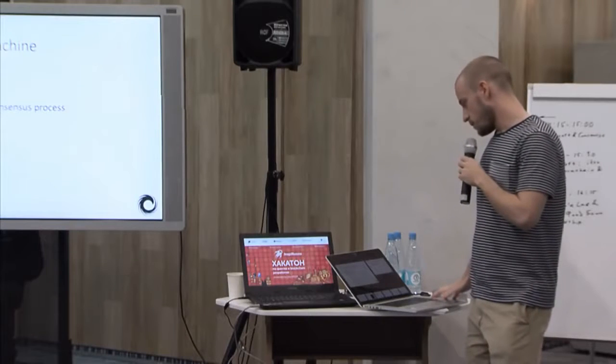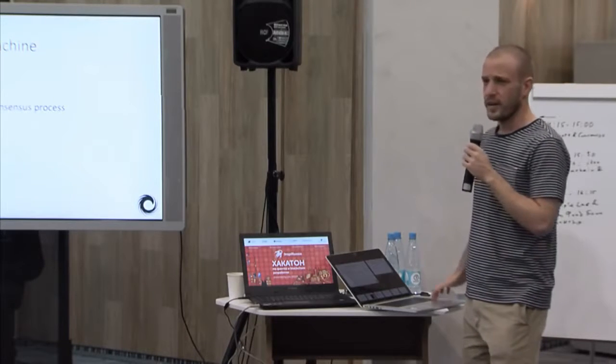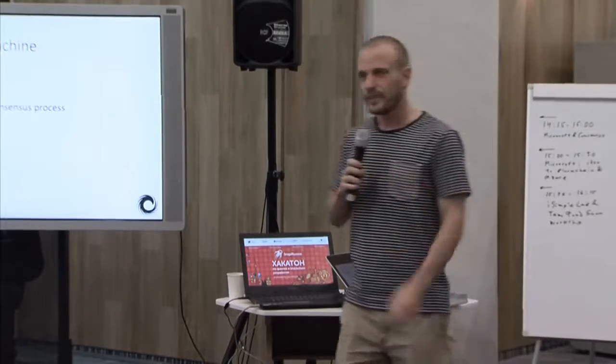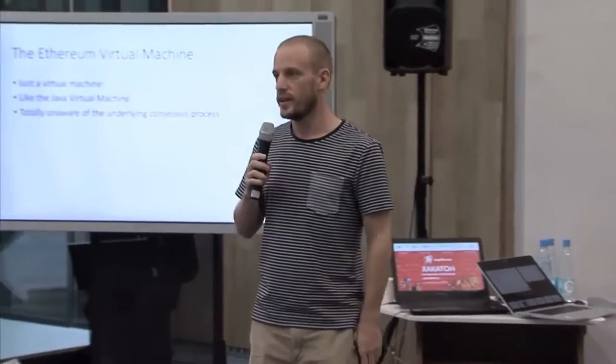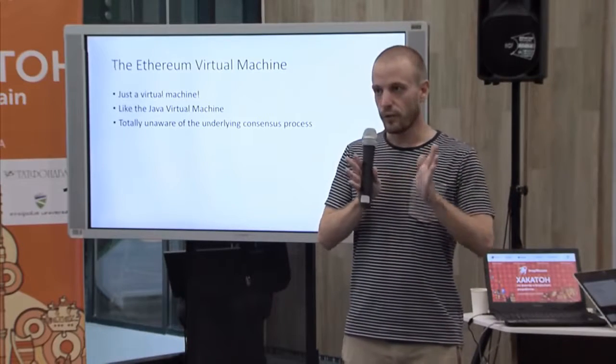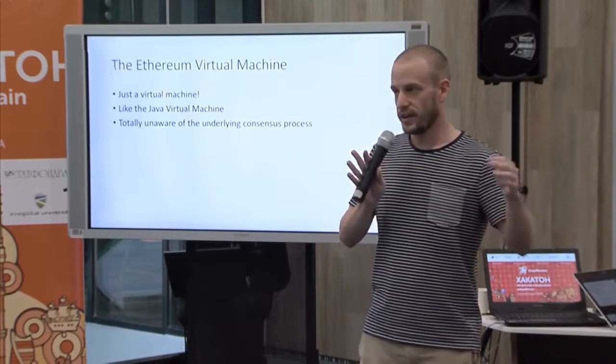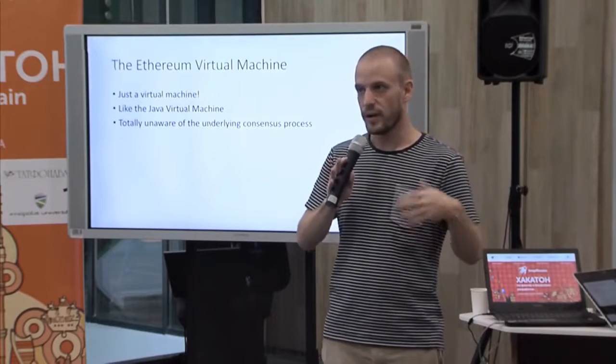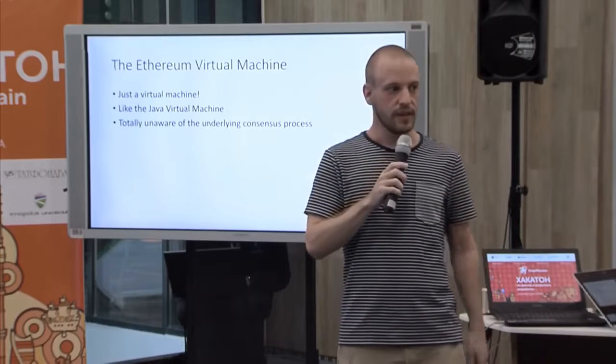Oh yeah, and just FYI, sometimes people ask me questions like, okay, I'm writing my program. What do I do if there is a fork in the consensus? What do I do if something happens in the consensus process? How do I account for this in my code? And the answer is you don't.